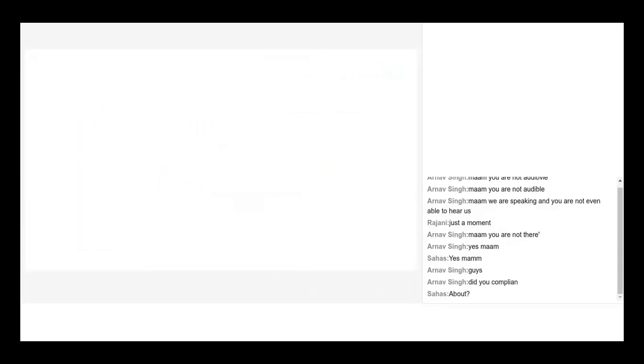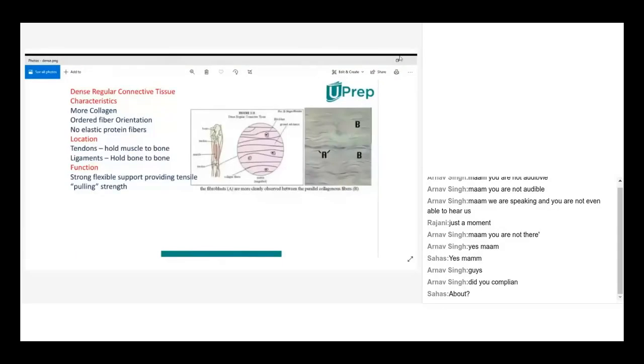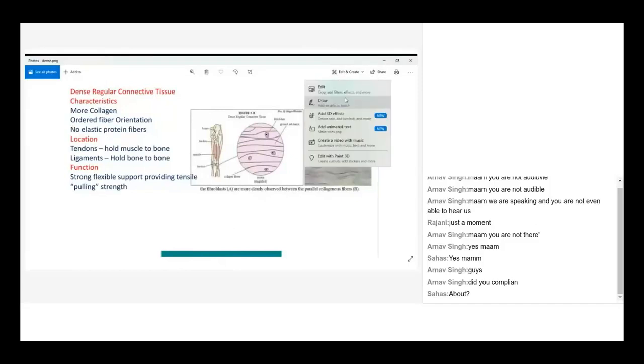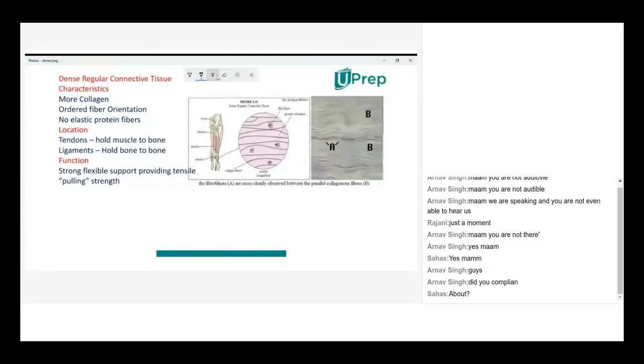Under the connective tissue, we are having areolar tissue and adipose tissue. Those are the two types. And this is the dense connective tissue. Okay. Now, when you see the dense connective tissue, this is how the dense connective tissue looks like. Now, when you take the dense connective tissue,